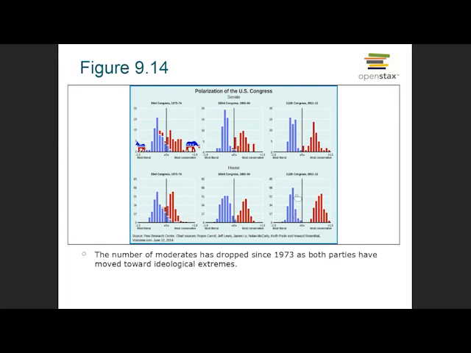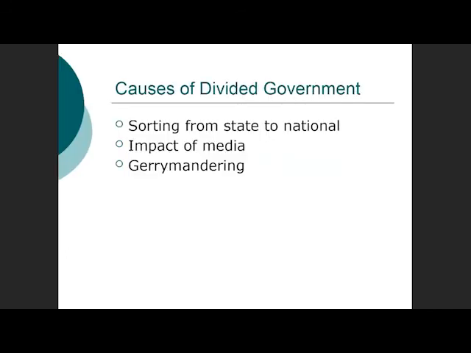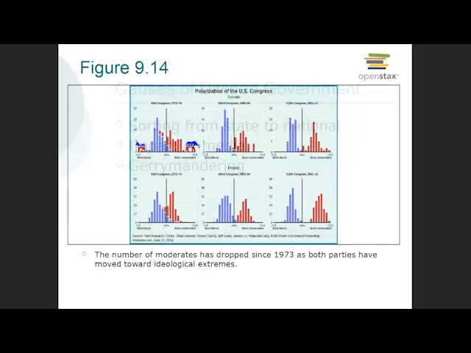Democrats have moved too, as you see these lines starting to stack up a little taller away from center, but they do still have people close to the center, right? Some. But they haven't moved as much. The Republicans here, right, you can see that move happening. What that means is that you're going to have